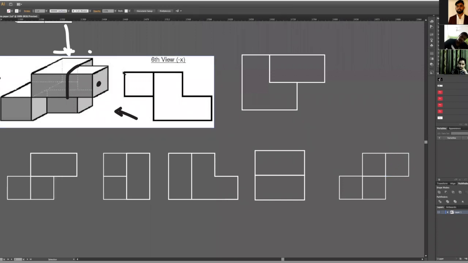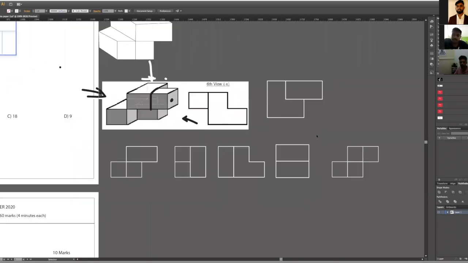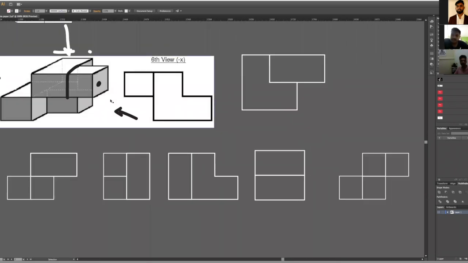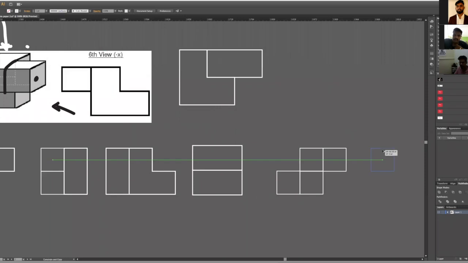Because from back, if we are visualizing, this is how it will look. So from back, how will the top floor look? Will it look like this or will it merge itself? Tell me. So can you please repeat once? What I was asking is, if I'm seeing my 3D object from back, then the top floor, how will it look? This is the top floor. Will it look like this or like that?